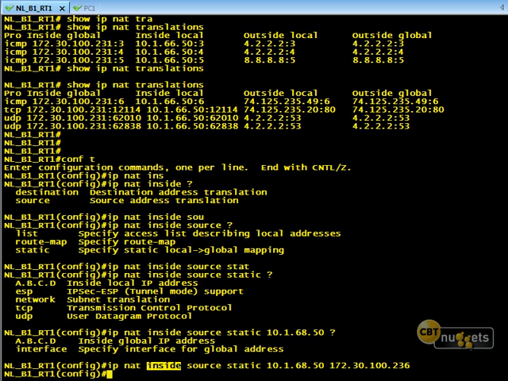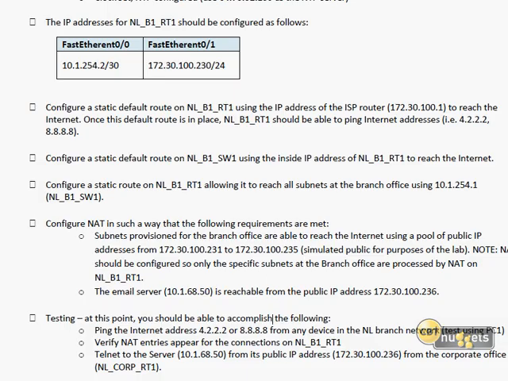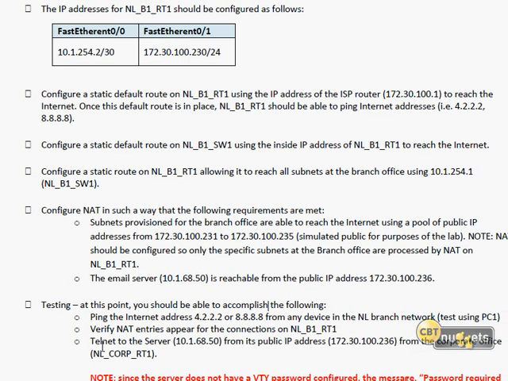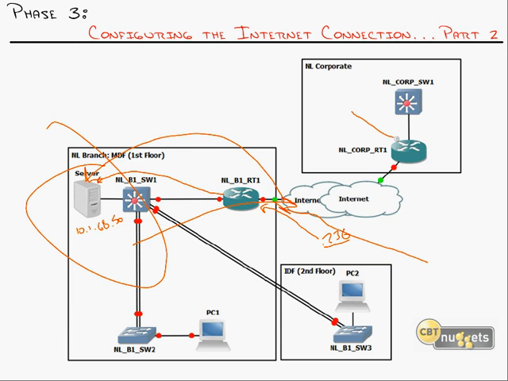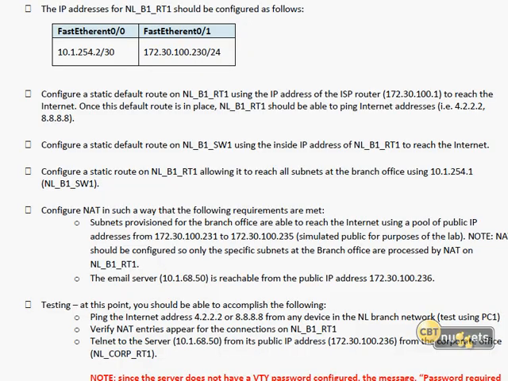So now, last piece is to test that. It says go to... it says telnet to the server from its public IP address, from the corporate office using corporate router 1. So I'm going to go over here and try to telnet to this address, which should now translate into the email server here. And let's see, it says by the way,